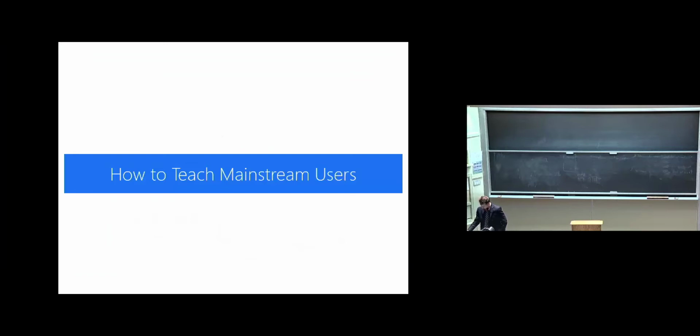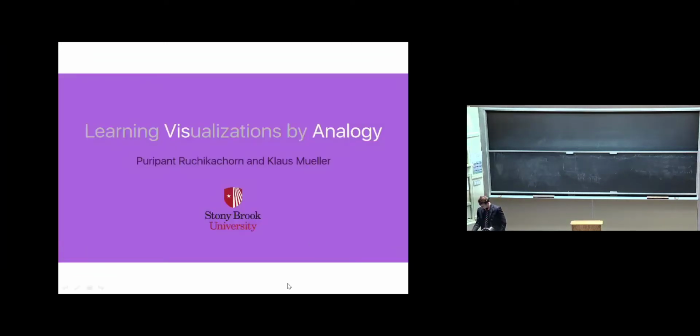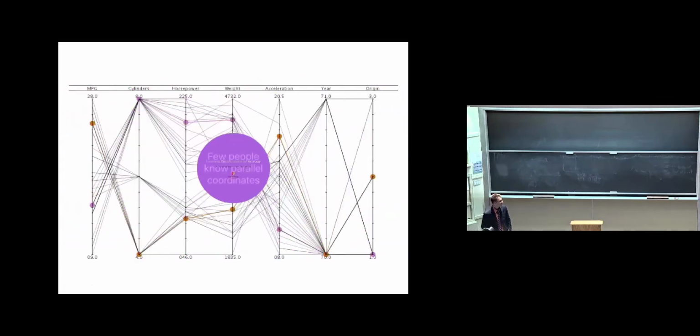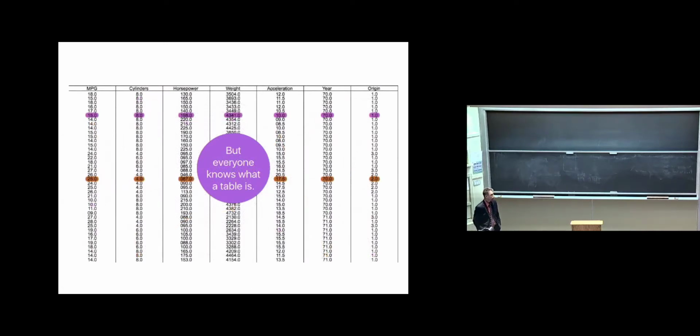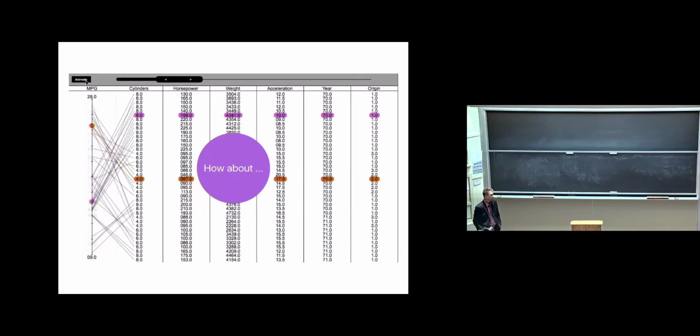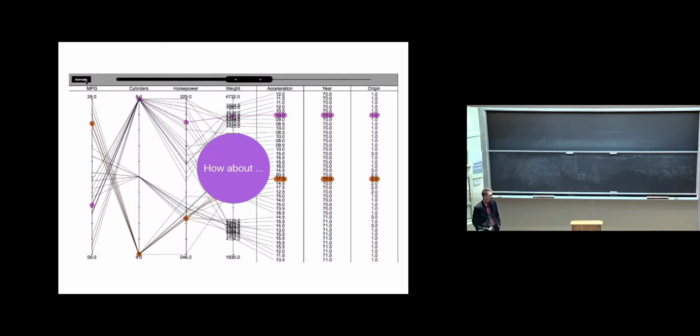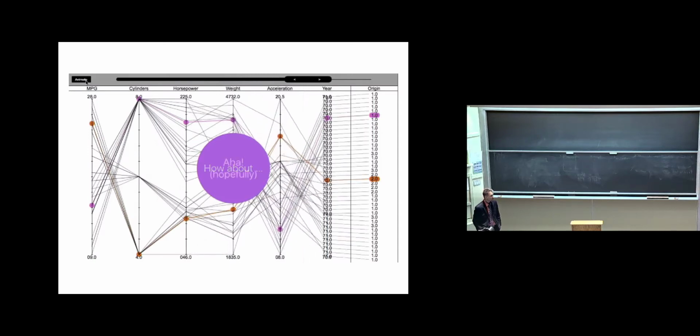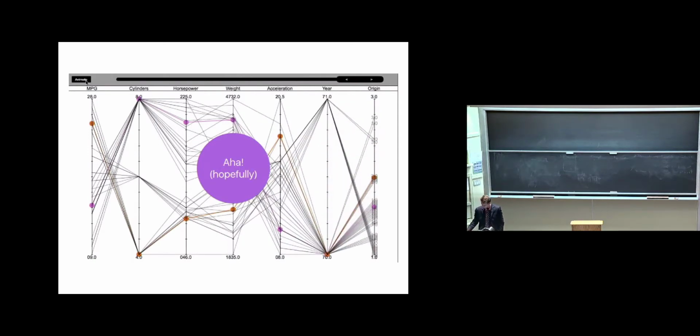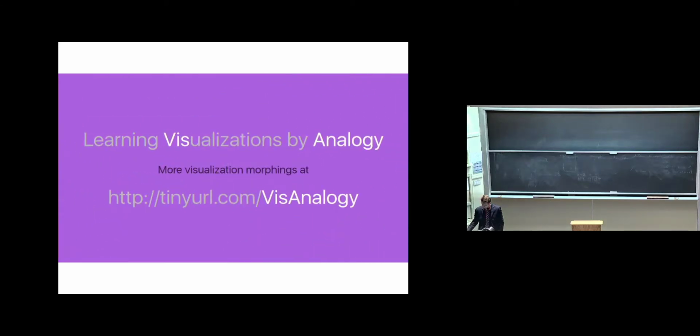Okay, so how to teach mainstream users. This is something we did, learning visualization in 1 hour. So basically, whenever there's a parallel coordinate display, we would let them see this very tiny video. It's only a few seconds, right? And let them understand what a parallel coordinate display is all about